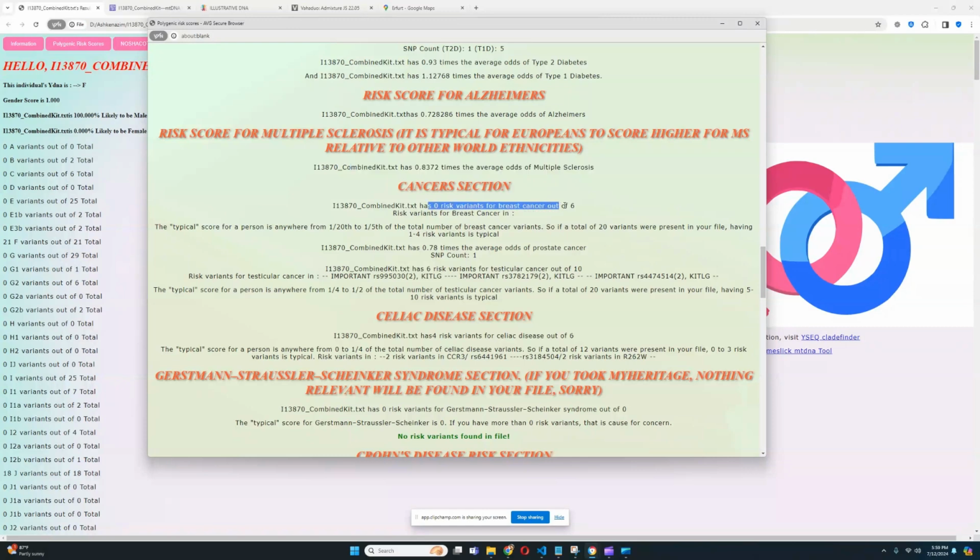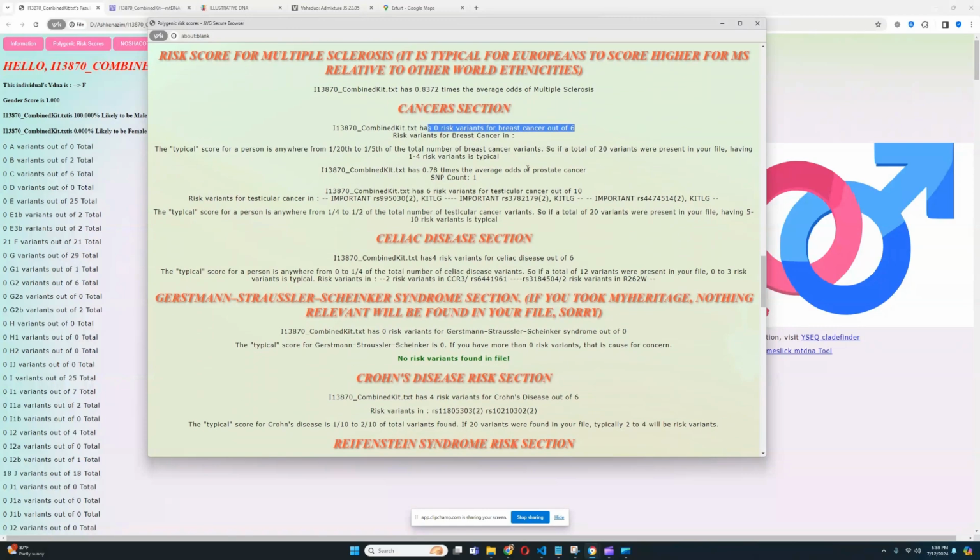He's got 0 risk for breast cancer out of 6, which is really good to see. He's got below averages for prostate cancer, really good to see, but that's only 1 SNP. Not much information here. 6 risk variants for testicular cancer out of 8, and he's got risk variants in all the important variations of KITLG. So he's quite cooked when it comes to testicular cancer risk variants in KITLG. But